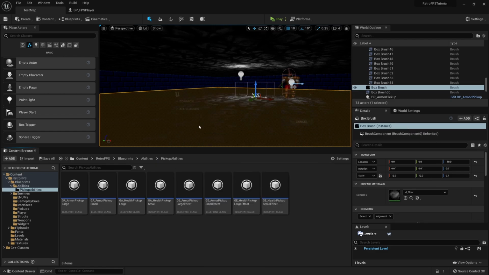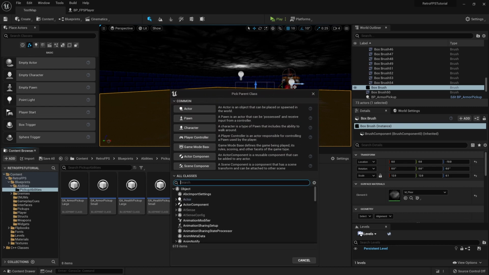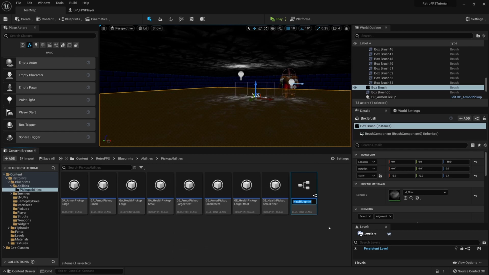And if you select Blueprint class and hit that drop down for all classes, we can look for gameplay ability. And we'll just add this base gameplay ability, and we'll call this GA underscore ammo bullet small.